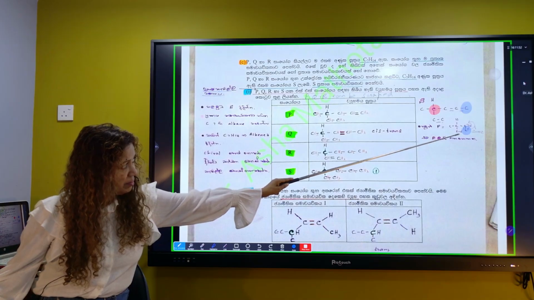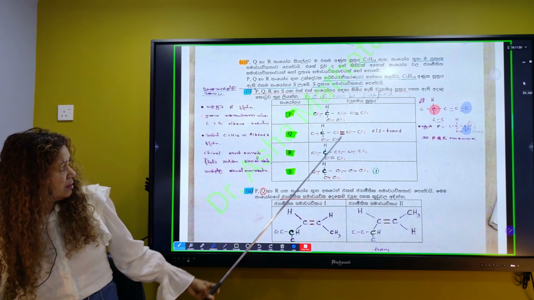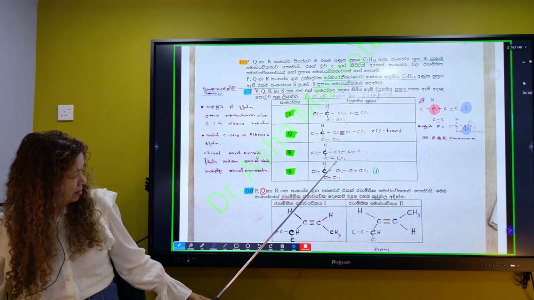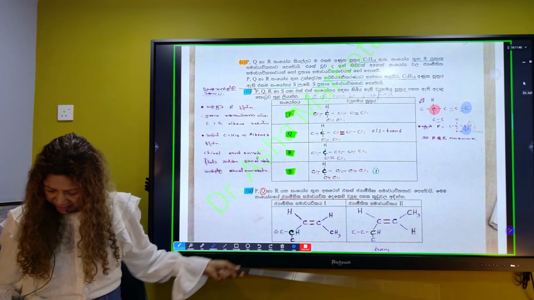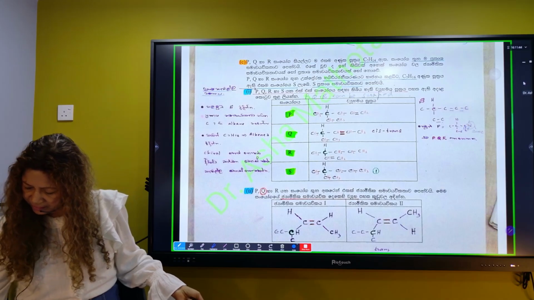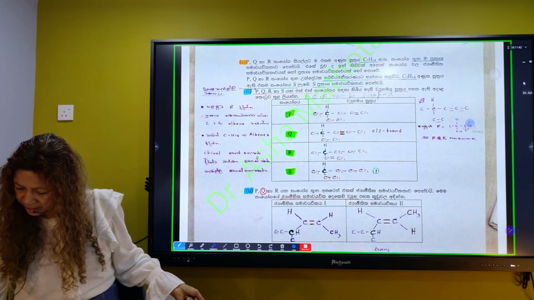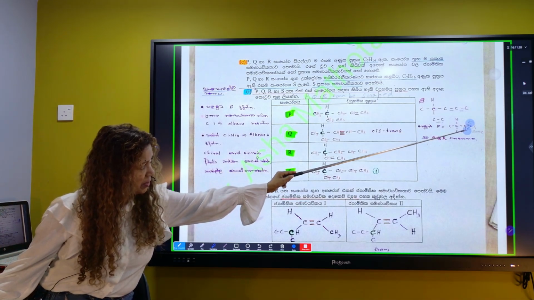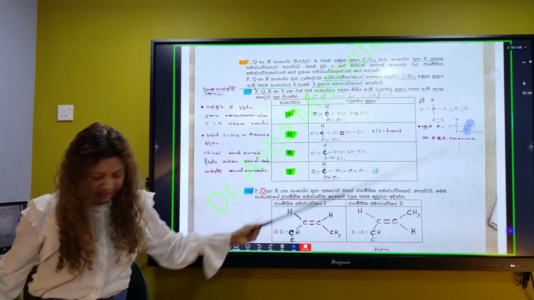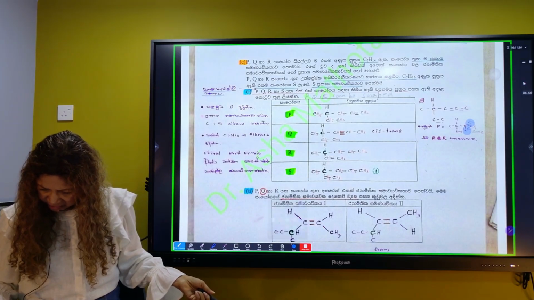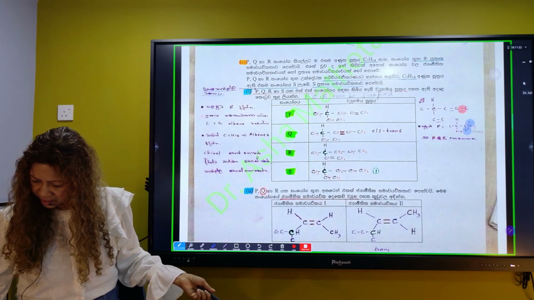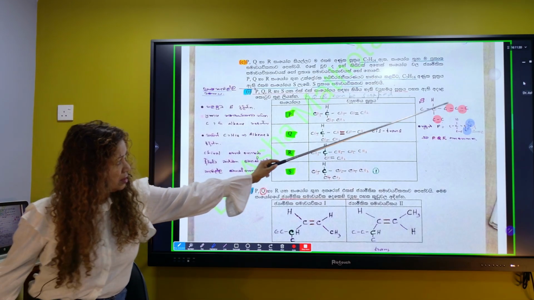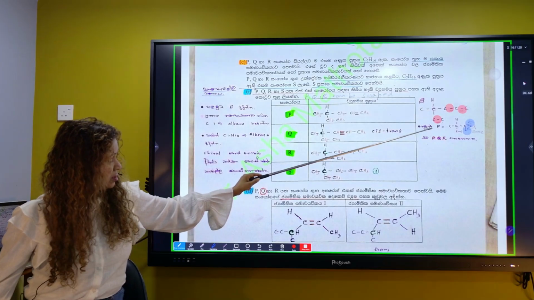But then the problem is we need 3 alkenes here. But if you go with this one, the carbon is exactly the same. So if you put the double bond here or double bond here, it is the same. So I cannot go like that. So I'm going to go with the first structure. So I can make 3 double bonds at these 3 positions.